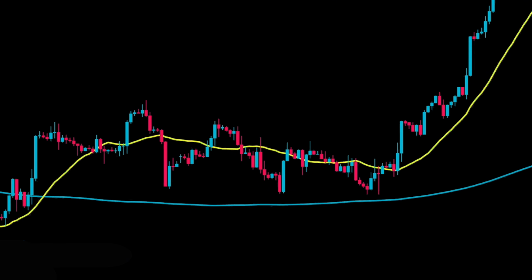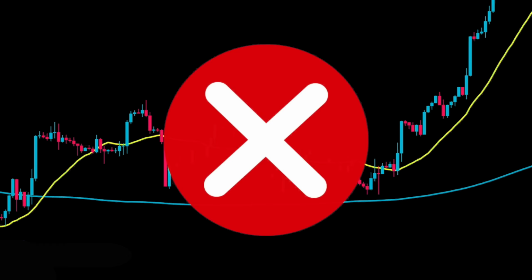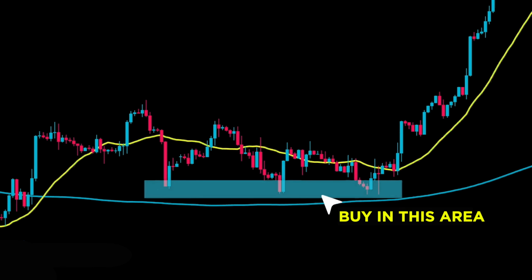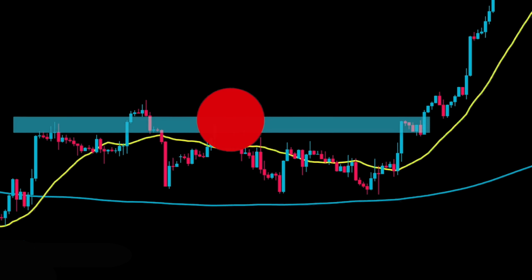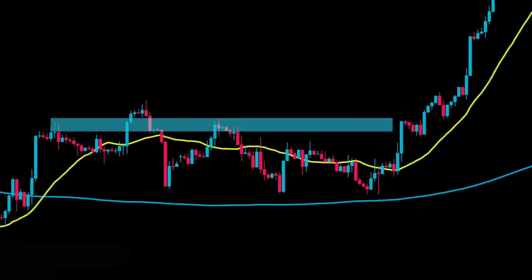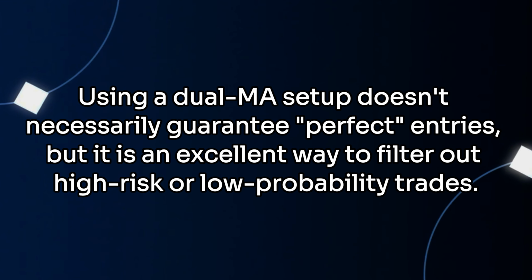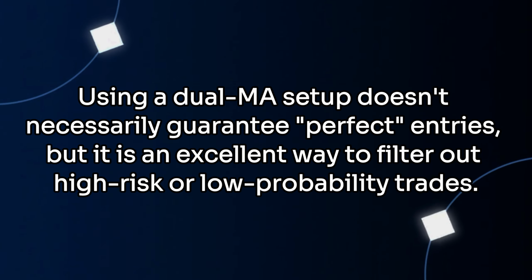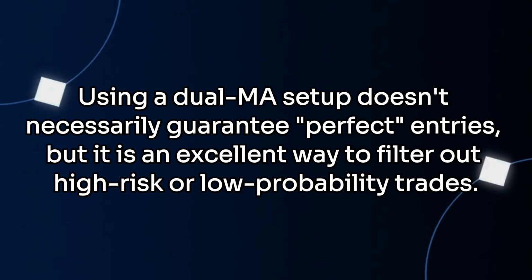In this situation, you could either stay out of the market due to the lack of direction or look for buying opportunities near the bottom of the range. However, you should avoid selling at the top of the range, as that would mean trading against the powerful long-term upward trend. Using a dual MA setup doesn't necessarily guarantee perfect entries, but it is an excellent way to filter out high-risk